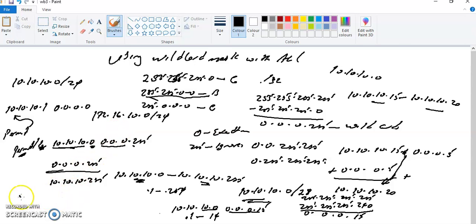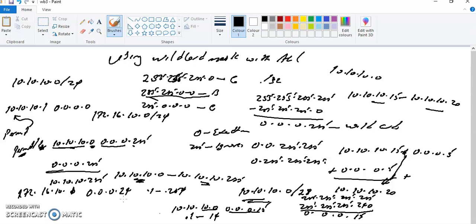Then in that case, the wildcard mask will be 172.16.10.0. The wildcard mask will now be 0.0.0. That is, I'm capturing from .1, I said the first 25 IP addresses. So it will now be